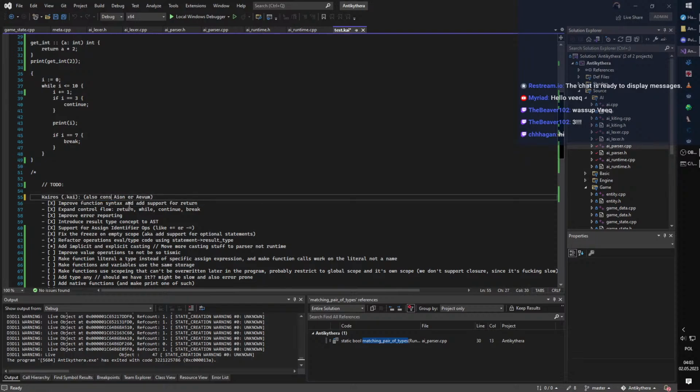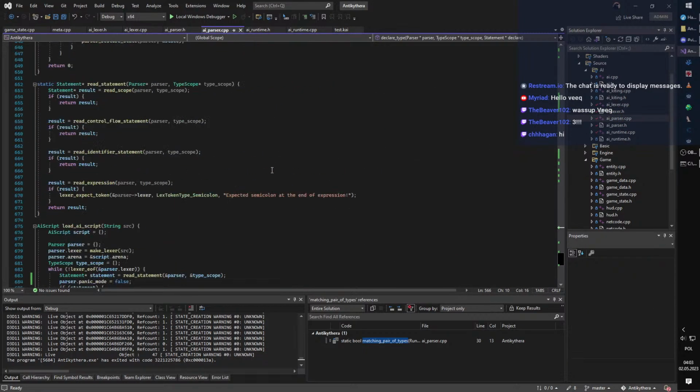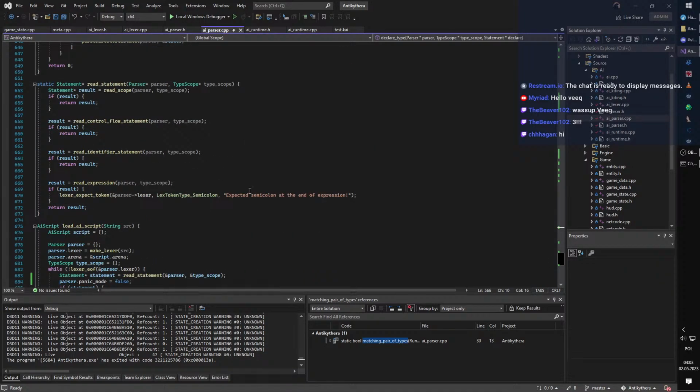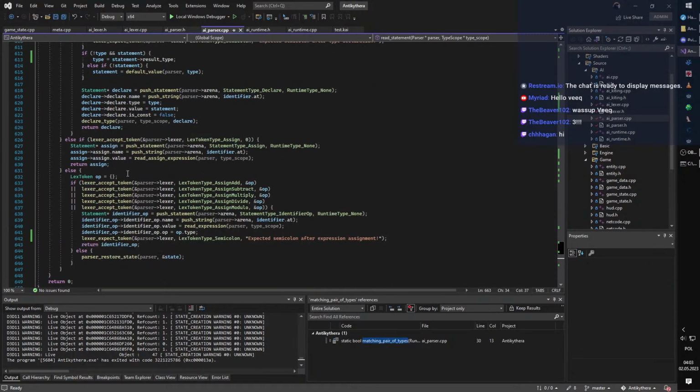I also considered ion or iovum. So even if this is not the final name, it's better than nothing. The name is not the most important part anyways, but it's nice to be able to refer to it as something, and also that something is something nice. And what's up, CHH Hagen? Sorry if I butchered it, but yeah, I'm doing a scripting language